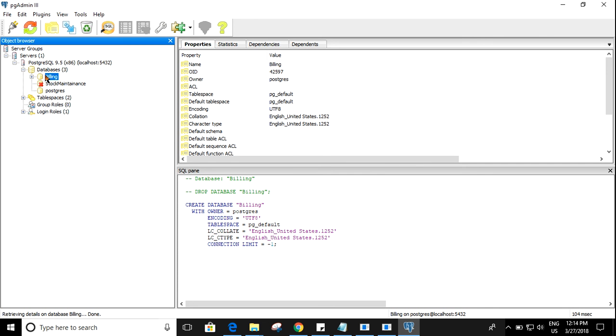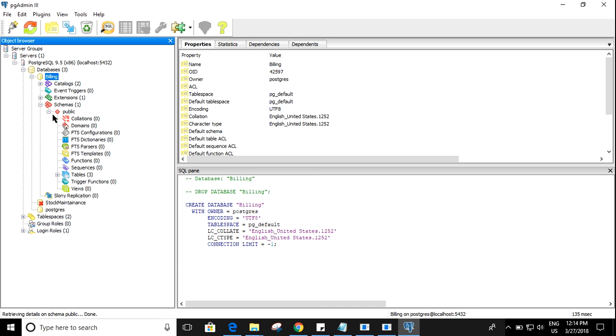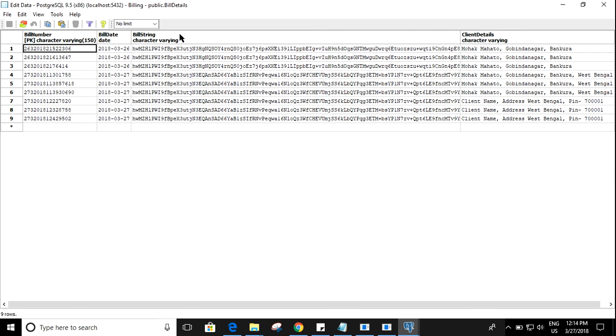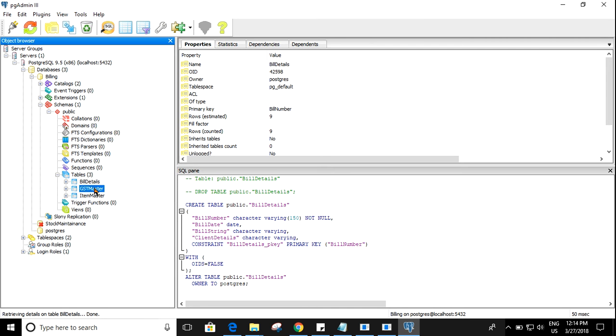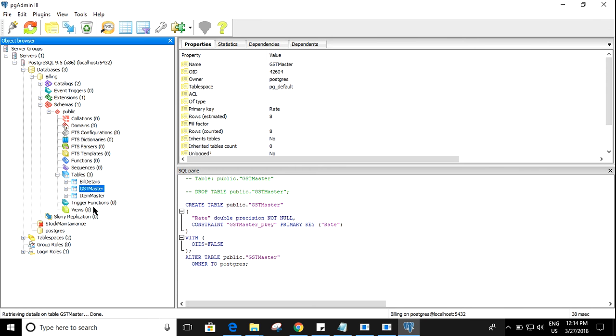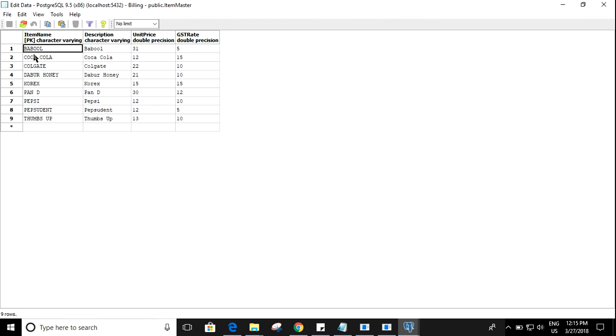So billing, you can see the billing. This billing is the database, and here the data you save are stored. You can see the bill details, all the bill details are saved here. Also the GST master, you can see the GST rates saved here. In item master, the items are saved here with their rates and unit price.